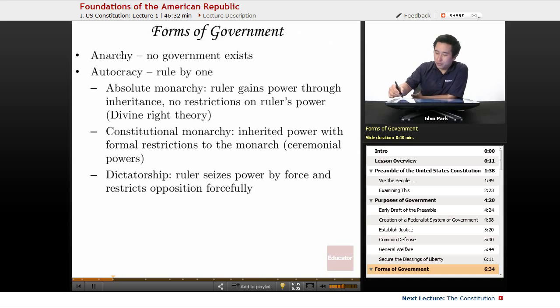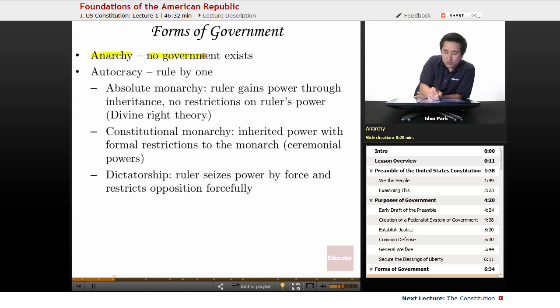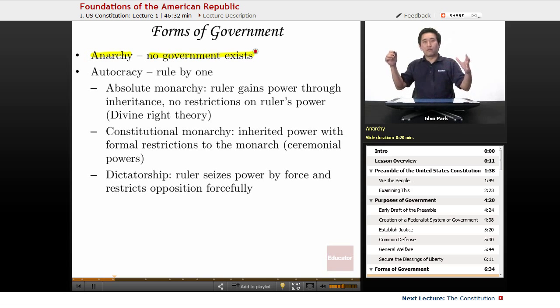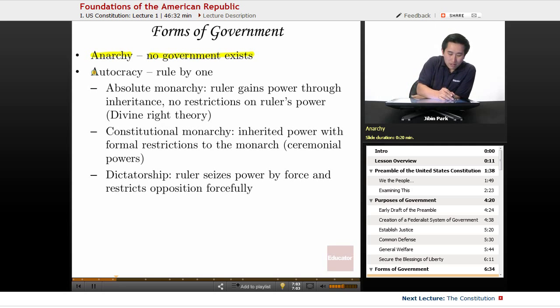So, forms of government. Before we actually get into the actual government, let's look at the theoretical ideas of what types of governments exist and where the United States fits in here. Anarchy, no government. Awesome, you don't do anything. But the reality is that a state of anarchy really isn't going to work out, because the group that has the most power, the most guns, they're the ones that are going to take over. So anarchy theoretically is a form of government, but in practice, it doesn't really work out too well.